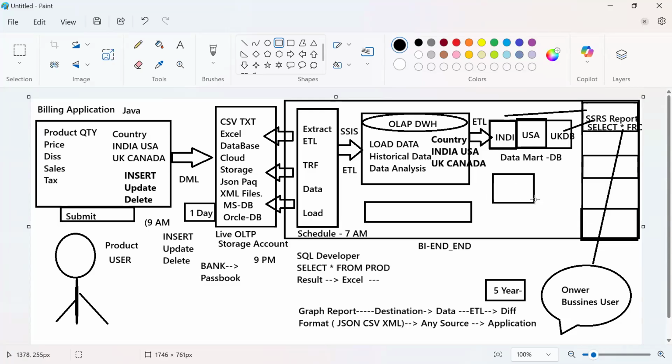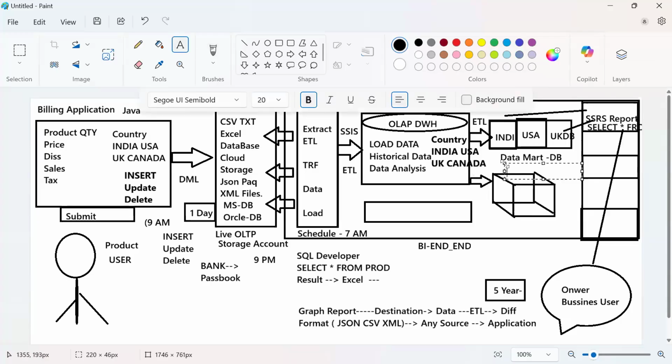This we call the SSAS model, where you can design your data aggregations. You do not need to write it at the query level. You don't know query, no problem. We are again going to connect to ETL to process your aggregated data, summary data, for quick analysis.